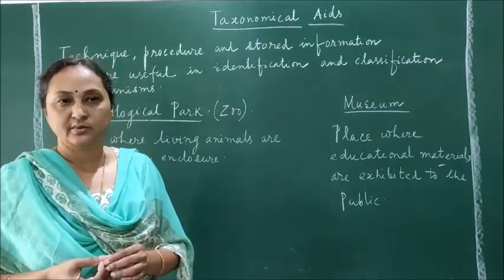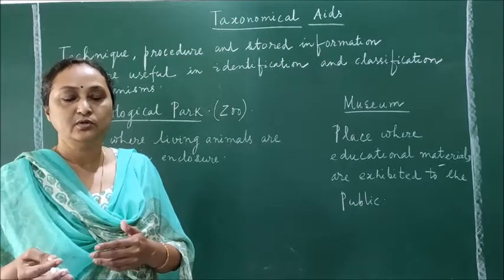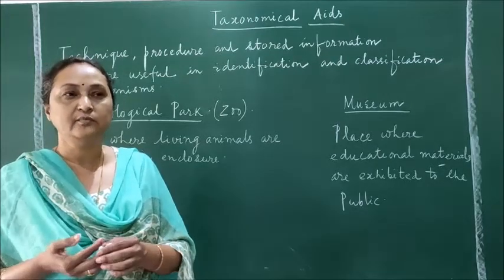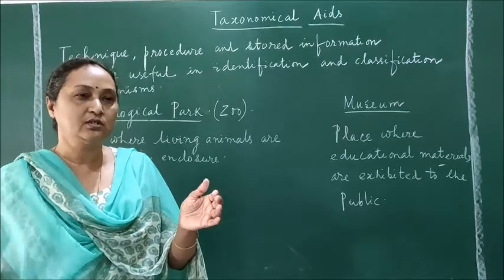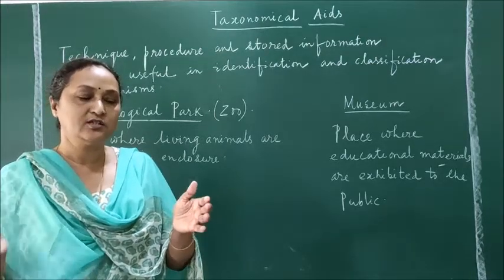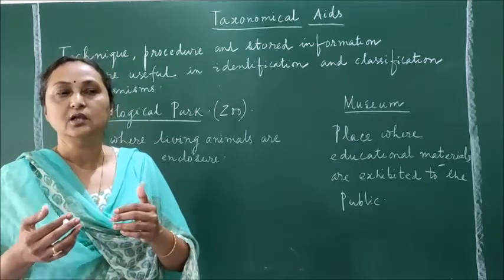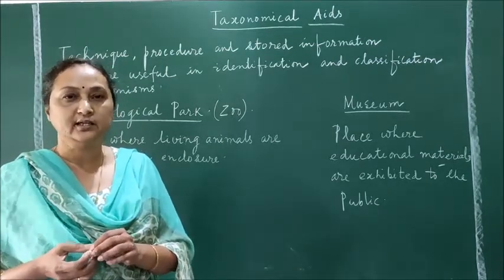So all these endangered animals are brought from their wild habitat and they are kept in an enclosure where human care is provided. They are provided food and the same kind of natural surroundings. They have a proper house or shelter where they can stay safely. All the safety is provided to the animals so that they can be taken care of.